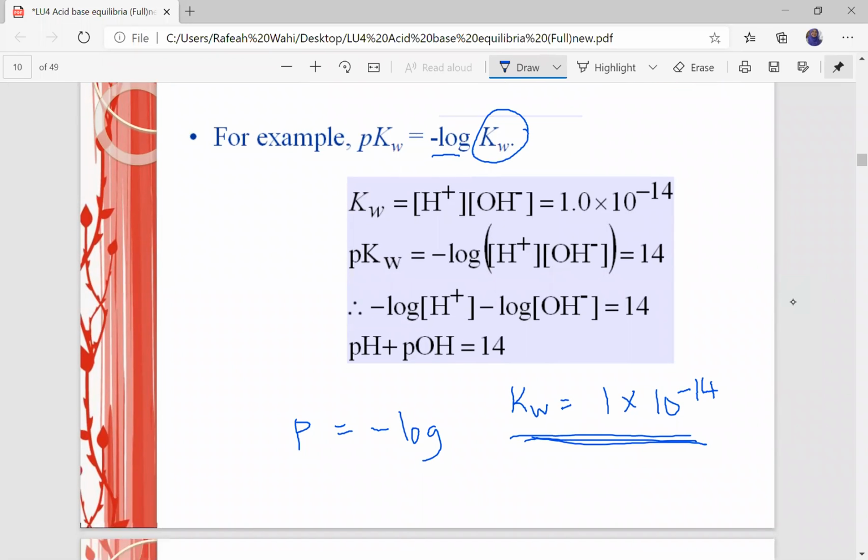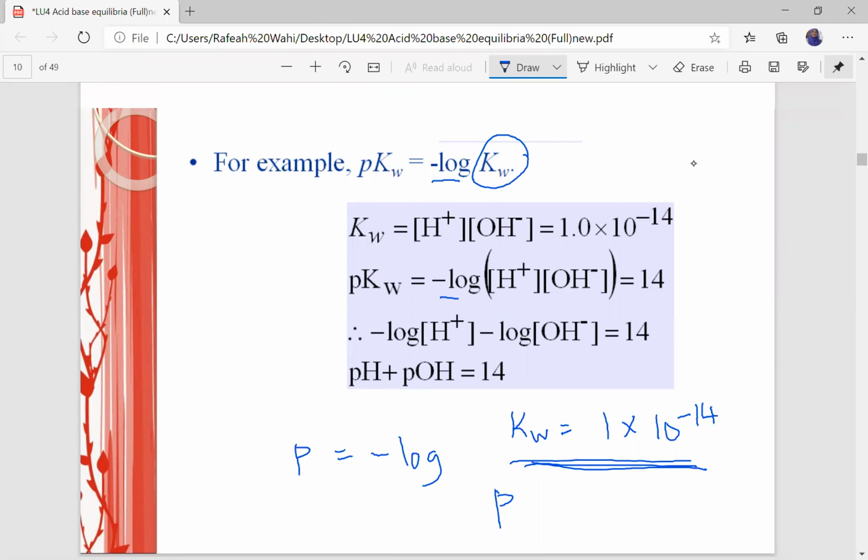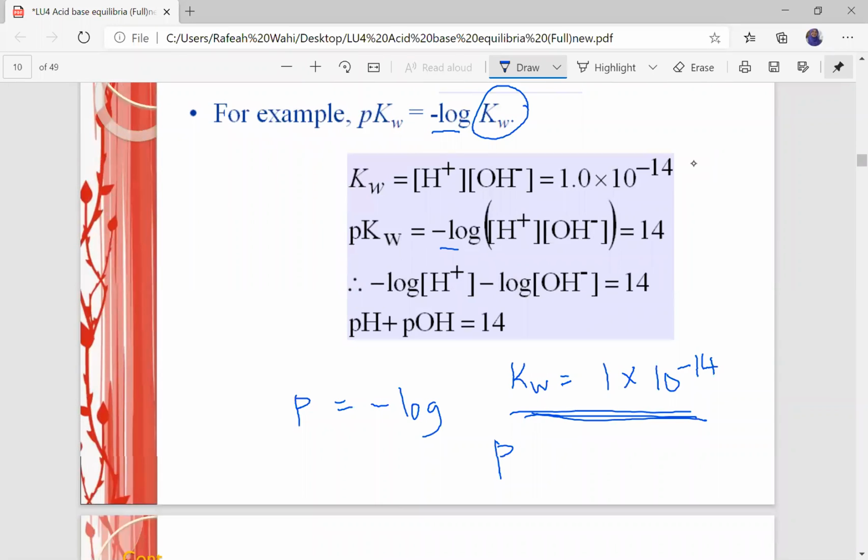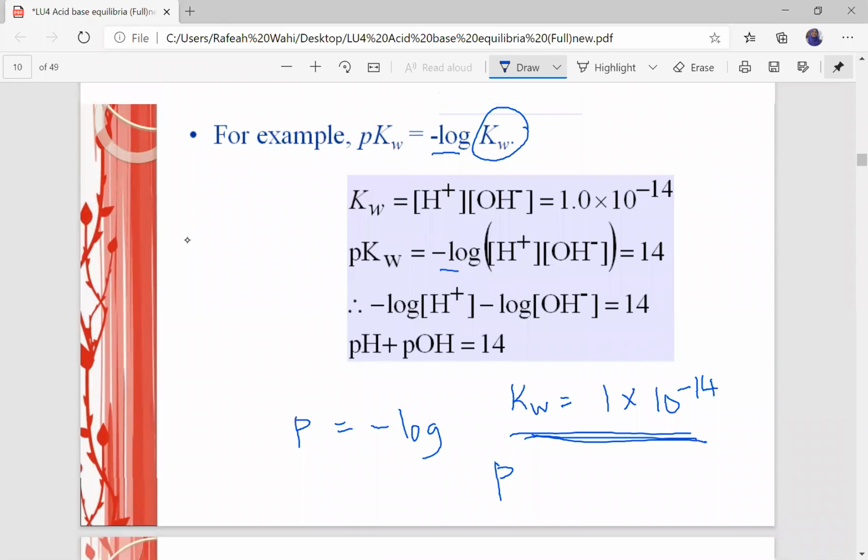Okay, so pKw here is negative log of the concentration of H plus ion times hydroxide ion. After that you can rearrange the equation, and you know that pH plus pOH equals 14. Okay,